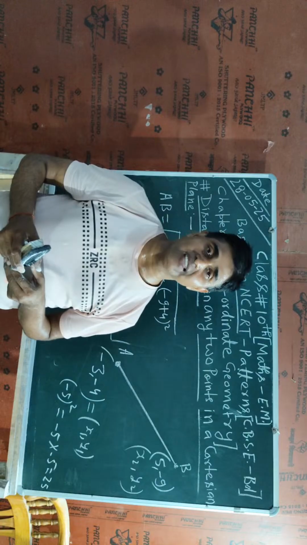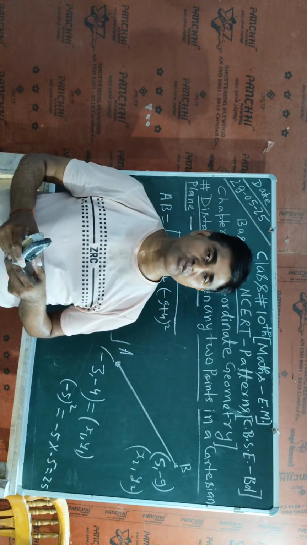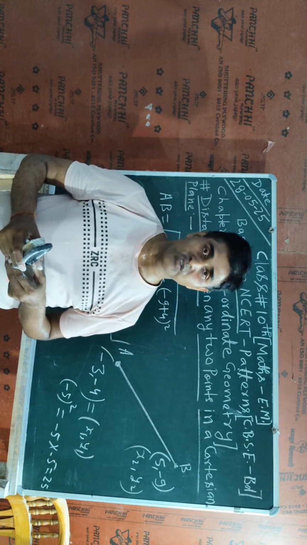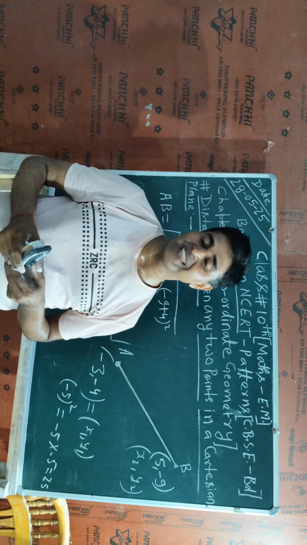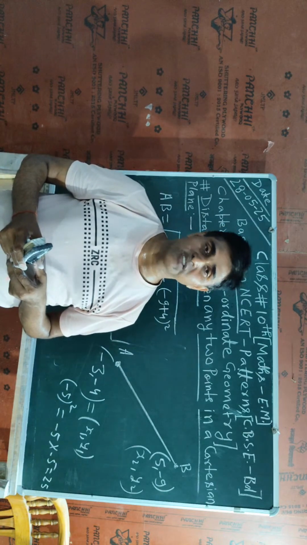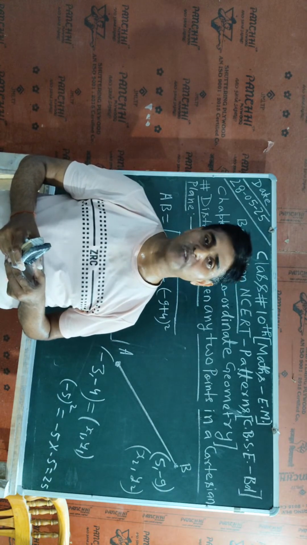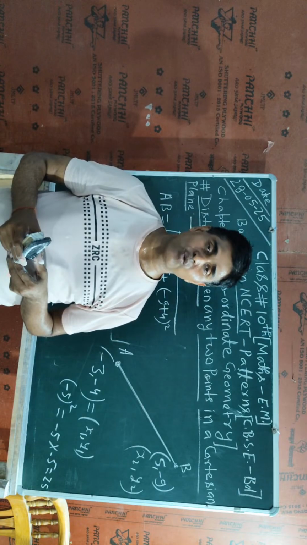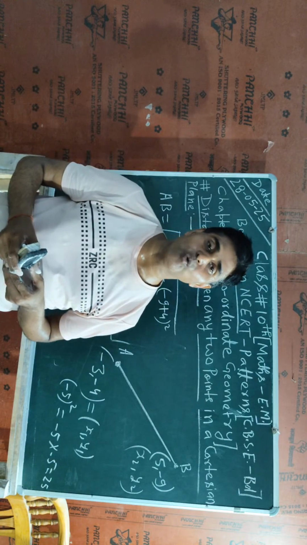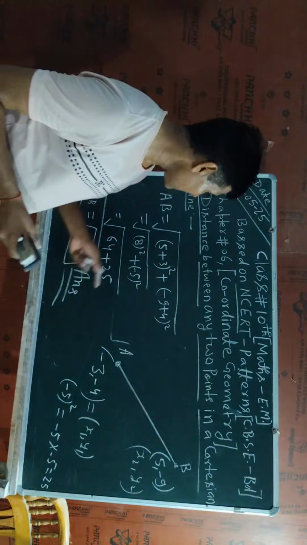I will write x2 minus x1 whole square plus y2 minus y1 whole square. In other words, we can also say x1 minus x2 whole square plus y1 minus y2 whole square. In other words, the square root of the difference between x whole square plus difference between y whole square. That will be the formula, and that formula we have